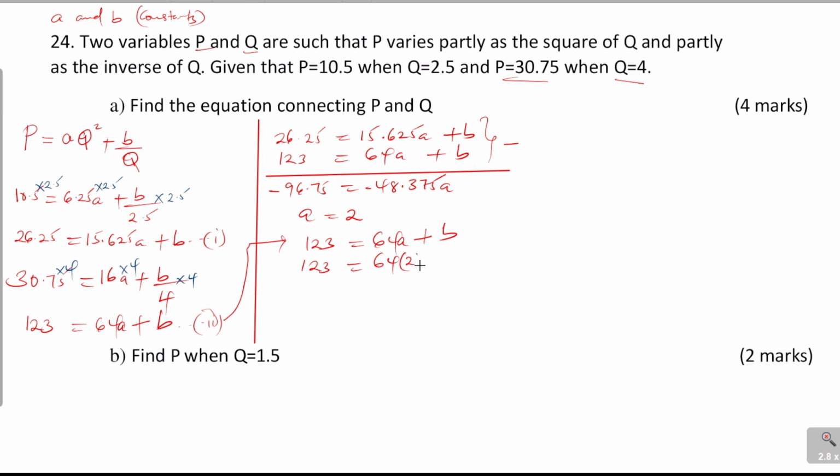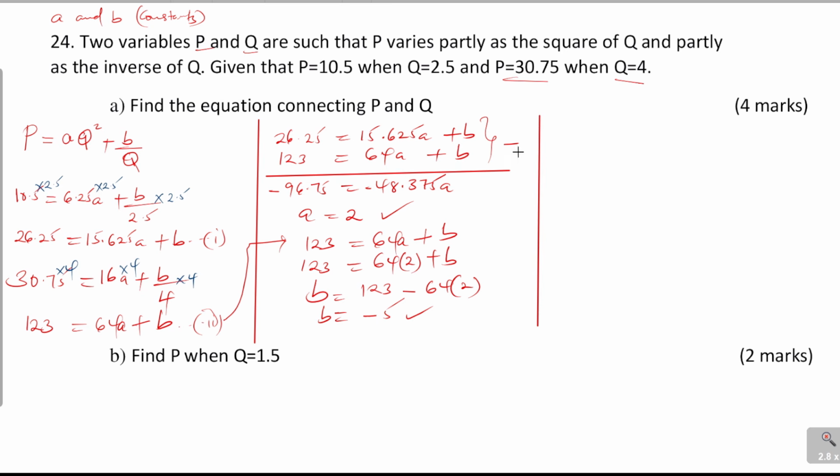Simply substitute them. Plus B. So B will therefore be 123 subtract 64 multiply by 2. So that will give negative 5. So that is B. Now having A and B, now it is easier to continue and write the equation connecting